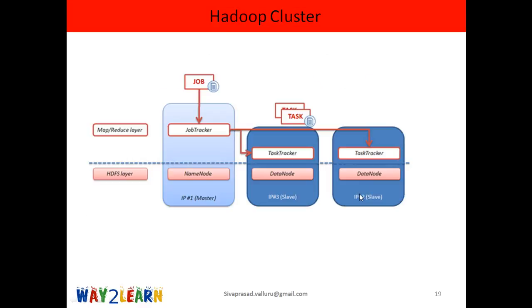Okay. So in a Hadoop cluster, we have two parts: one is the HDFS layer and the other is the MapReduce layer. We will discuss this Hadoop cluster in detail in our next video. So in this video, you got an understanding of what big data is and why big data is used. What is Hadoop? In Hadoop, you also understood what HDFS is. We'll learn some more details of the Hadoop cluster in our next video.